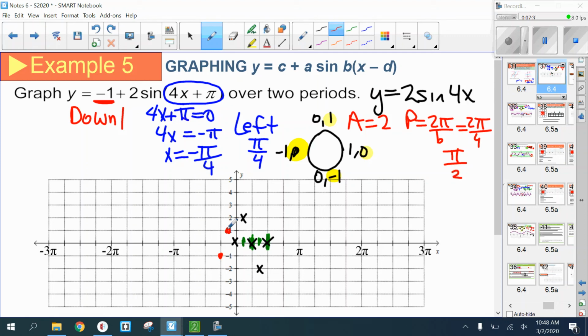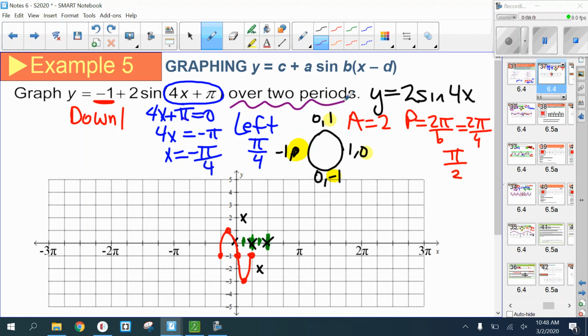The third x, down 1 and left 1. The fourth x is halfway in between. So when you go down 1 and left 1, you should still be halfway in between. The last x, down 1 and left 1, right there. Okay, so there's one period of the graph. Okay, that's pretty hard to draw because everything's so compact and tight in there. Let's just follow the original instructions, and since it says 2 periods, let's just do 2 periods of this graph,